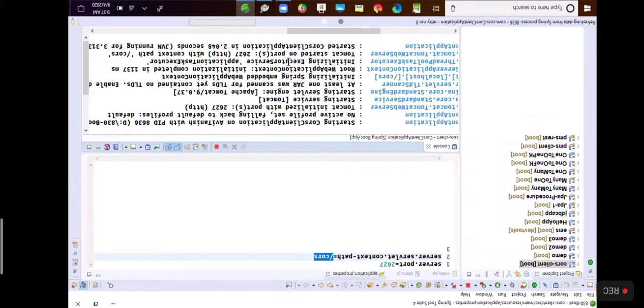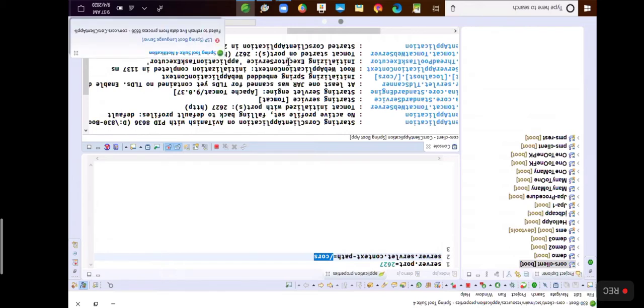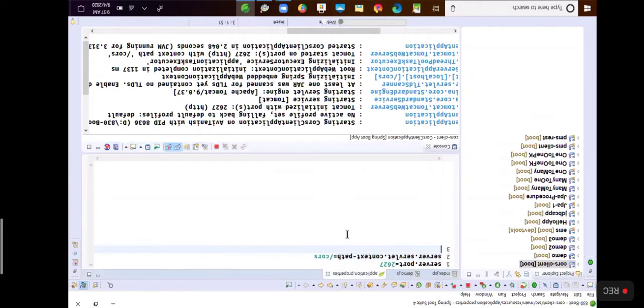Now what I want to do is open the browser to send a request to index.jsp file.